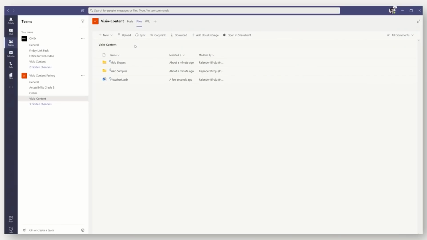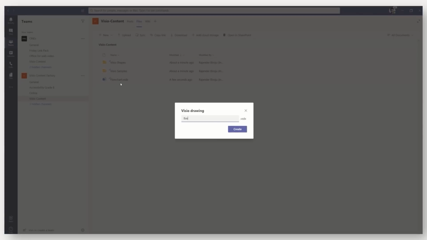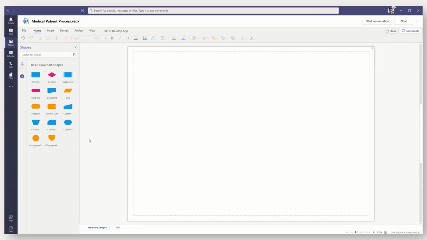So in Teams, you've long been able to create a new Word, Excel, or PowerPoint file directly from the app. Well, now you can create new Visio drawings directly from Teams. When you're in a team in Teams, select the Files tab and then select New Visio Drawing from the drop-down menu to start. You'll have to name your file first, and then a new Visio file opens and you can begin editing right there. And like all the other files you work on in Teams, the Visio file will also be stored in the file library of whichever team you're working in.